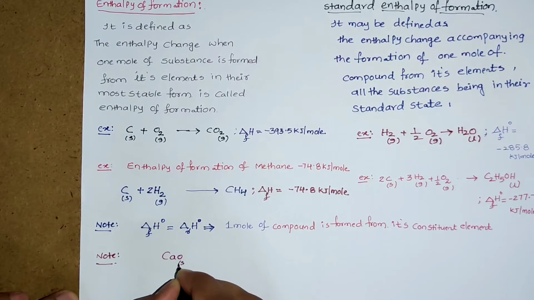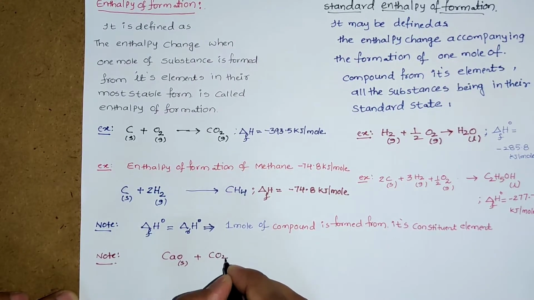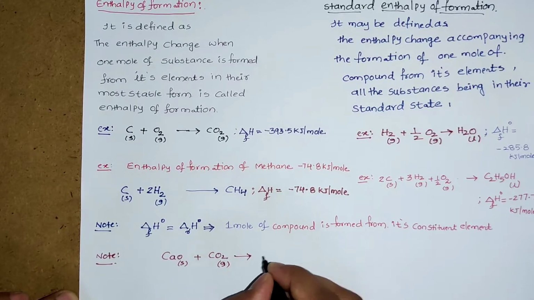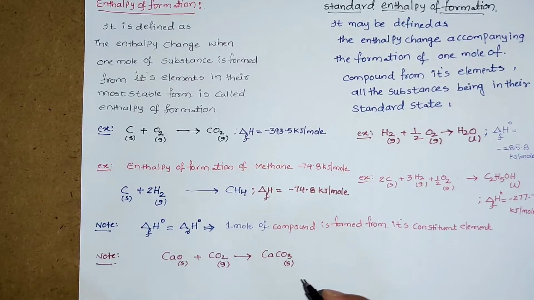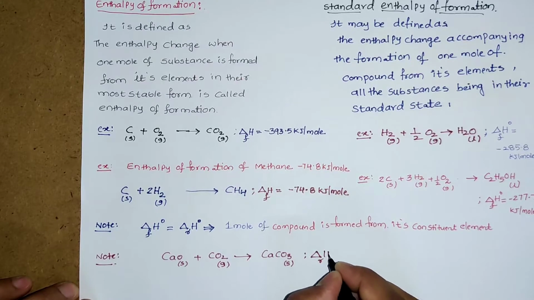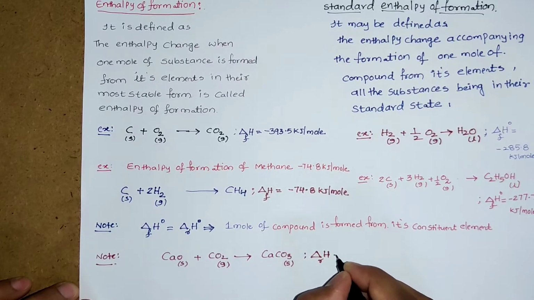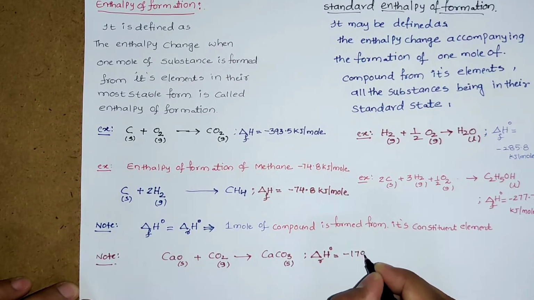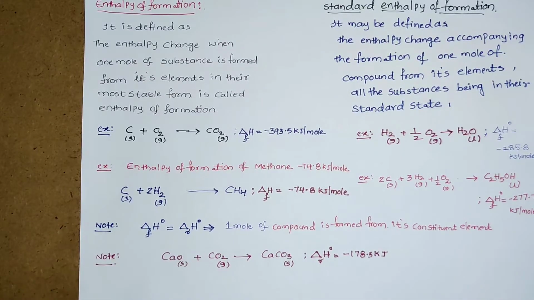CaO solid plus CO2 gas gives rise to CaCO3 solid. This is the reaction given. During this reaction, the amount of heat energy exchanged is equal to minus 178.3 kilojoules. This is given. So now here the enthalpy of reaction is minus 178.3 kilojoules and the condition is standard conditions, that is 1